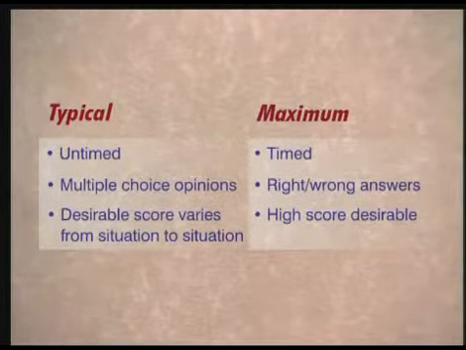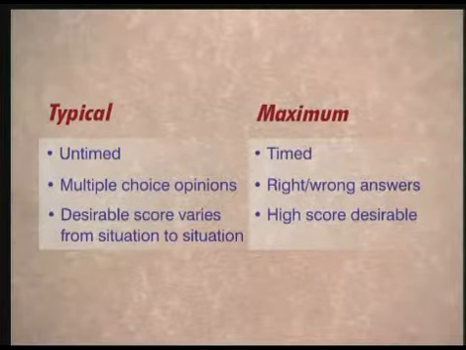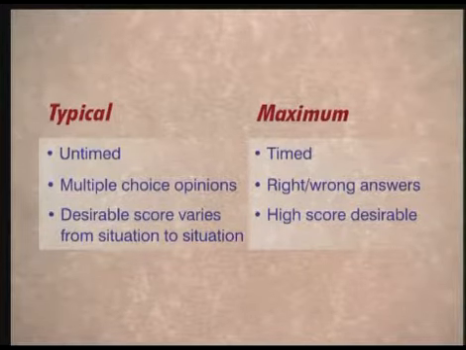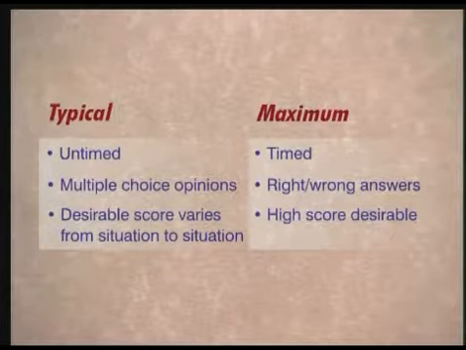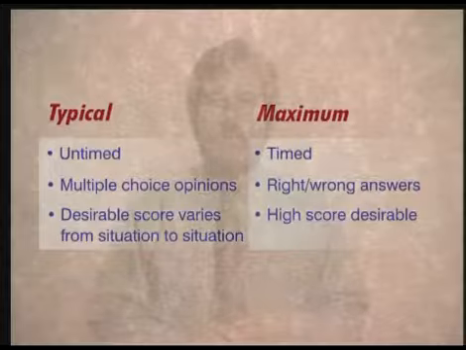They are both multiple choice questionnaires typically. However, the measure of maximum performance usually has a time, so you're working against the clock, it's a measure of speed perhaps, and it usually values higher scores more than lower scores, bearing in mind that people get questions right or wrong. By contrast, the measure of typical performance is characterised by multiple choice, as I said. It's typically untimed, so you work at your own speed. Differences in speed are not measured, and it's a desirable profile with which the person is matched. It's not a right or wrong answer. People give opinions to questions.